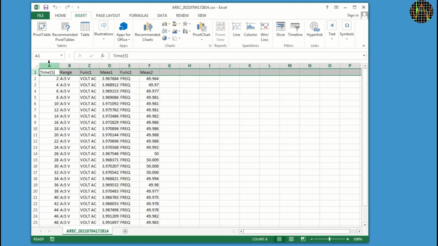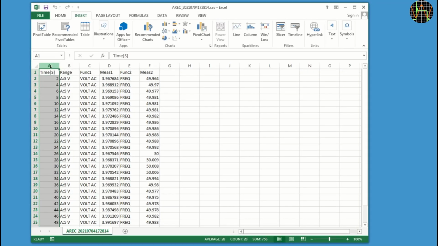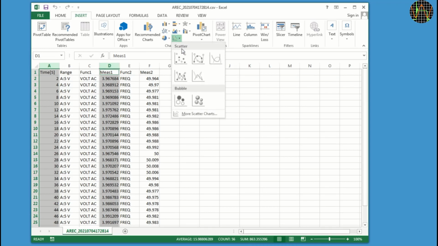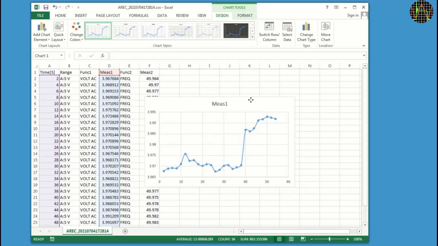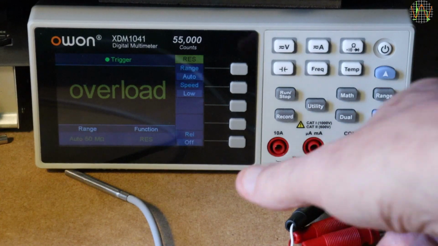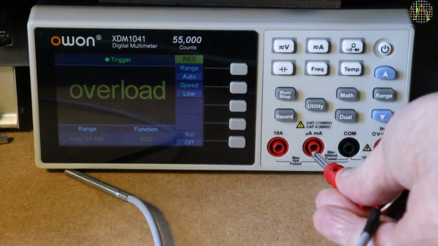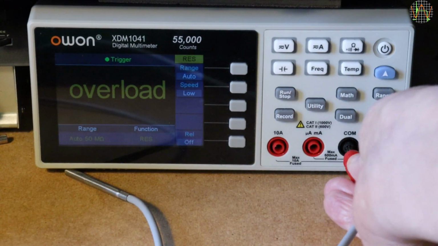The recording file format is CSV and can be opened and processed directly in Excel or LibreOffice Calc. This gives you a lot more options to graph things or do all kinds of statistical analysis than a utility could ever do. As a bonus, my little utility makes PT100 usable on the XTM1041.